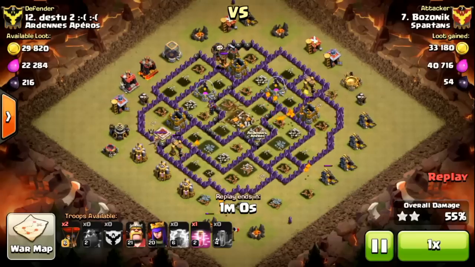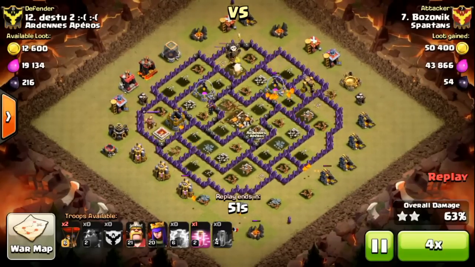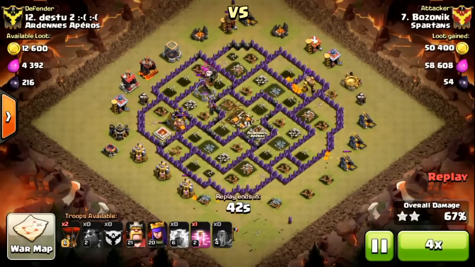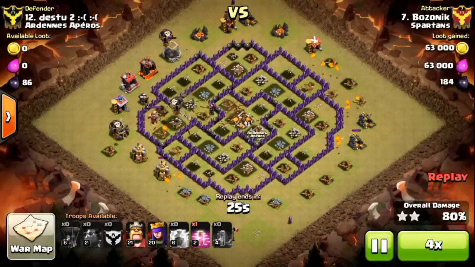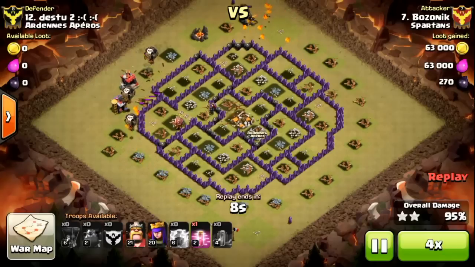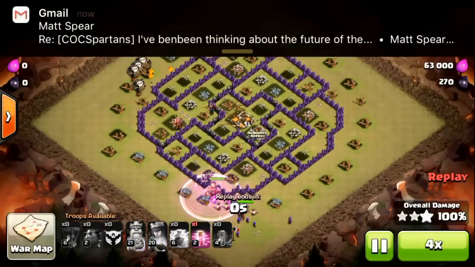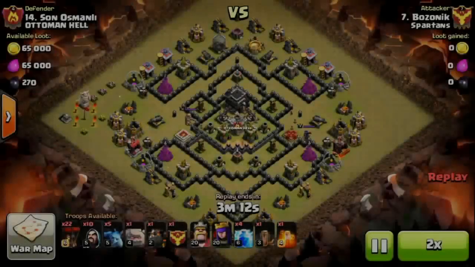And I haven't used my heroes at all in this raid. And given that I had quite a lot of time left, I thought I might as well swag them at the end, and also didn't need the haste spell. So it's quite an overpowered attack, and it's not too complicated. You just need to make sure you get a good spread on your loons and target defences, and it tends